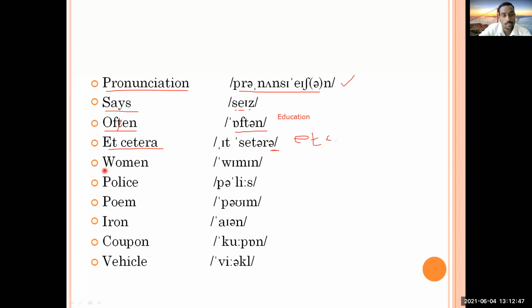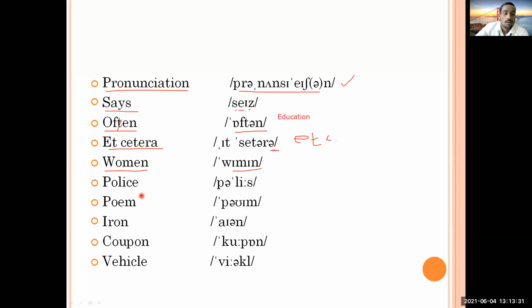And the next word for us is, what is this? You people will tell me. Women. It's women, but usually I come to know many people call it woman, with this o, and then woman. It is not woman. You have to pronounce it women. If you check, I think all of you have smartphones in your hands, so you get these kinds of dictionaries there, and immediately you can check, you'll get responses that it is women. It is not woman or something singular. It is plural, so it is women.